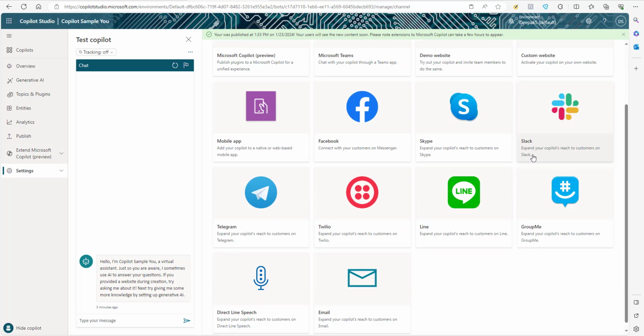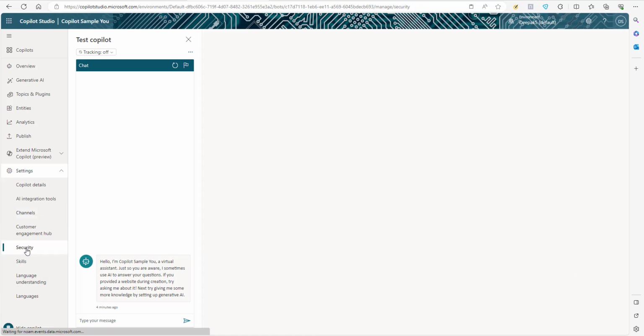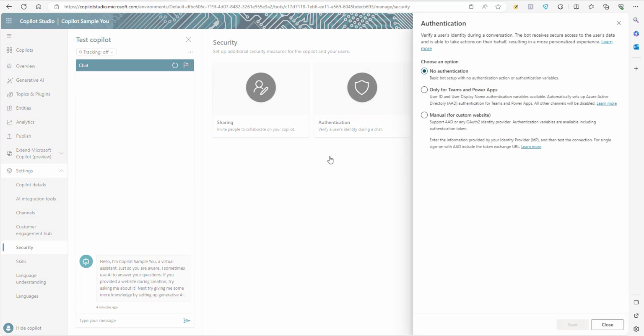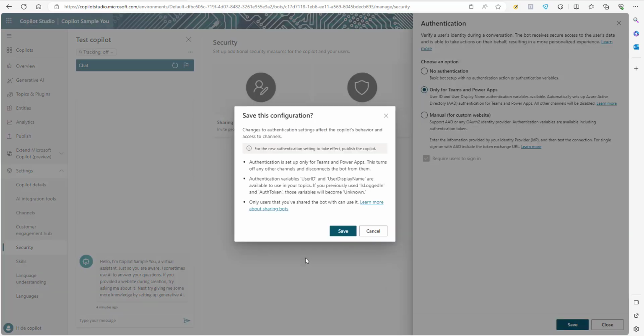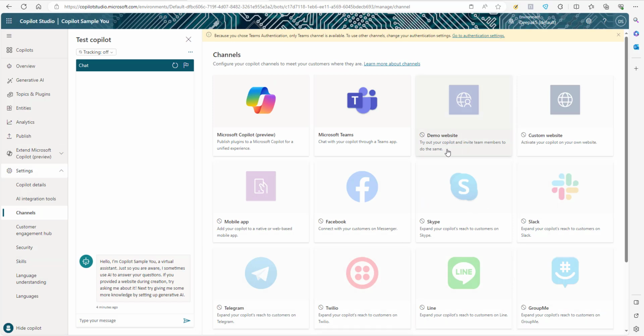Now, as you can see here, there are many channels available. Depending on the type of authentication that you have selected for your Copilot, you will see these enabled or disabled. If I go to the settings on the left-hand side, you have security here, click on that. Then you have authentication. If you select no authentication, most of the tabs are going to be enabled. If you select only for Teams and Power Apps, and now if you go to publish, go to channel, all these things are going to be disabled, because now it requires authentication,